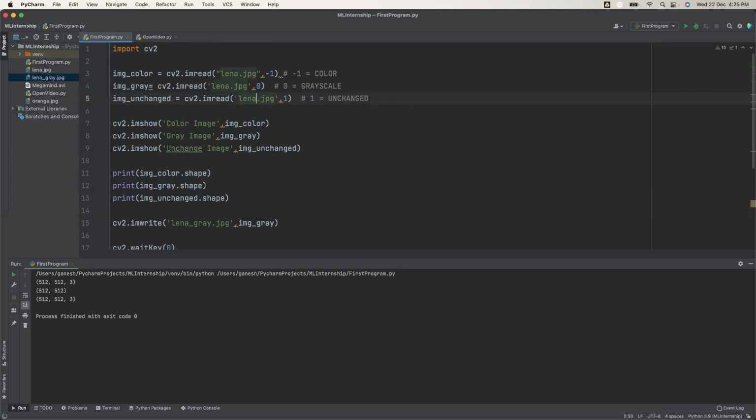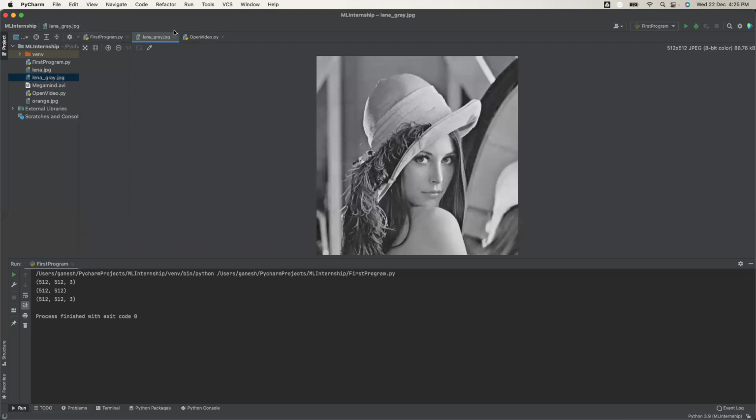Yes, students, are you getting this? Are you getting that output image in your project folder, Lina_gray.jpg? सभी को मिल गया?